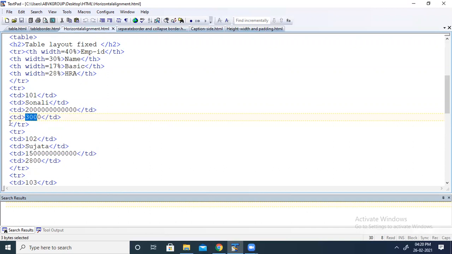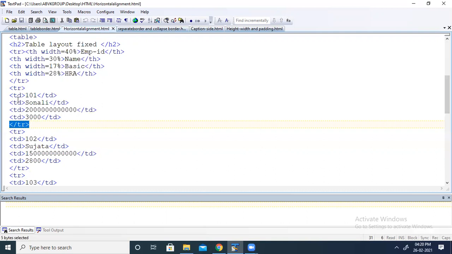Then TR tag work is done, so we have to close the first set of TR row. For one set we have to start the TR tag and we have to close the TR tag. For another row we have to go for a second set of TR tags. Means you have to start and you have to close. Suppose I want 3 rows and 3 columns. So what I have to do? For 3 rows I have to take 3 sets of TR tags. Within that, 3 sets of columns. In each TR tag we have to take 3 columns, means 3 sets of TD tags.